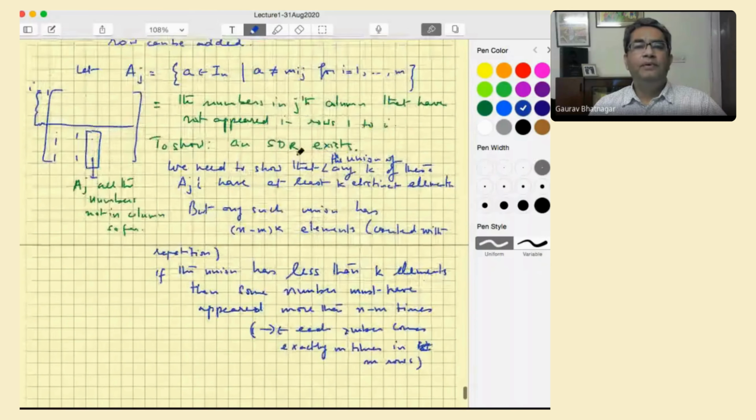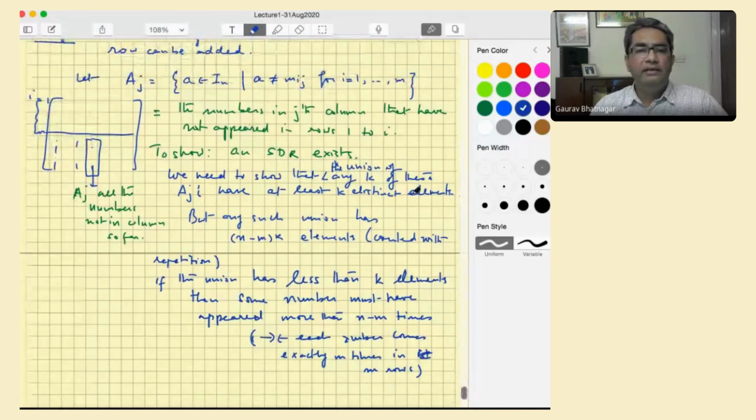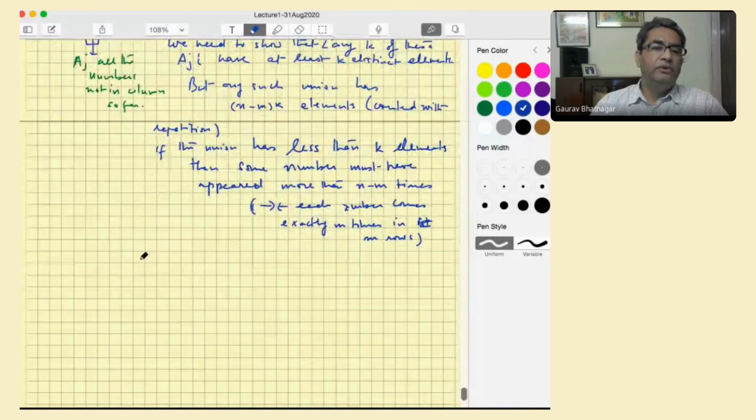So this can't happen, and that means that one can find this SDR. So by Hall's theorem,